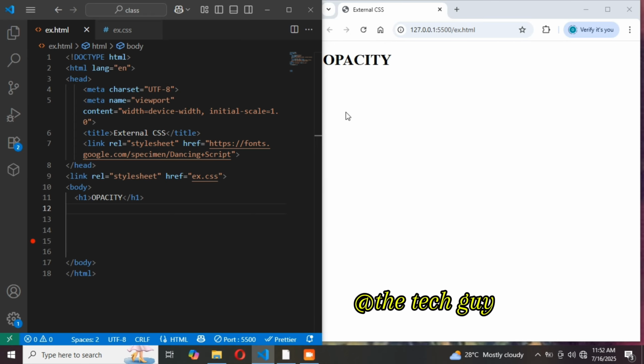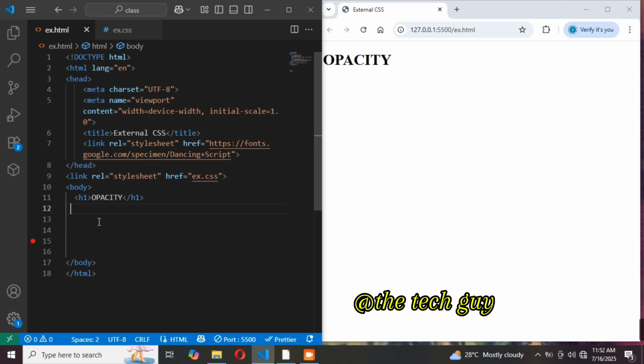Welcome to today's tutorial. In this tutorial, we'll be discussing opacity once again. In our previous tutorial, we discussed how to add opacity to an image. Now, mind you, it is not only an image you can add opacity to. You can add opacity to any element you want. So, for example, let me teach you how to add opacity to a div.